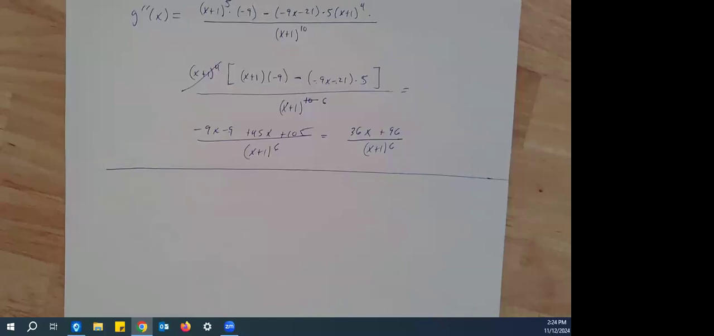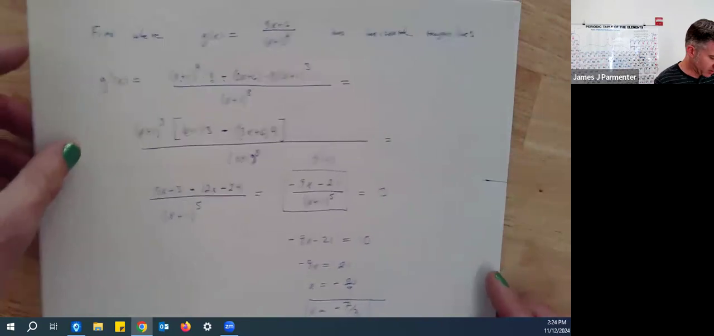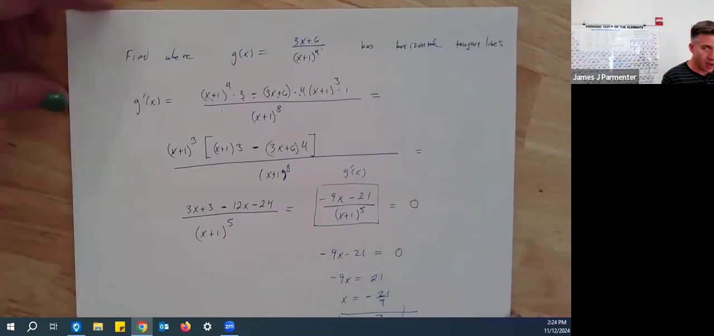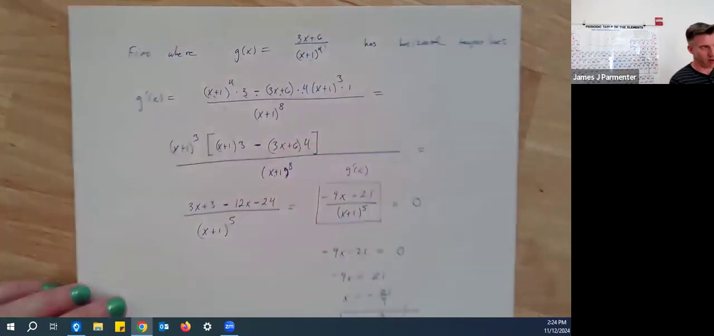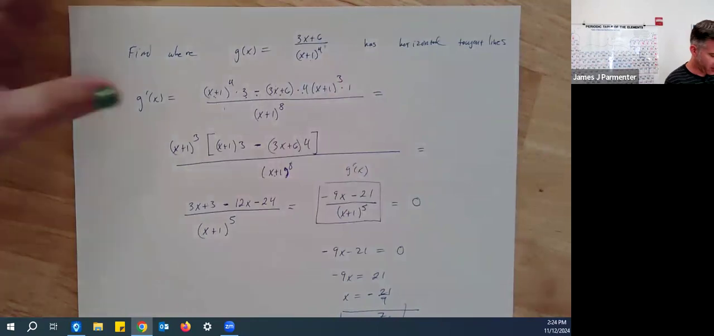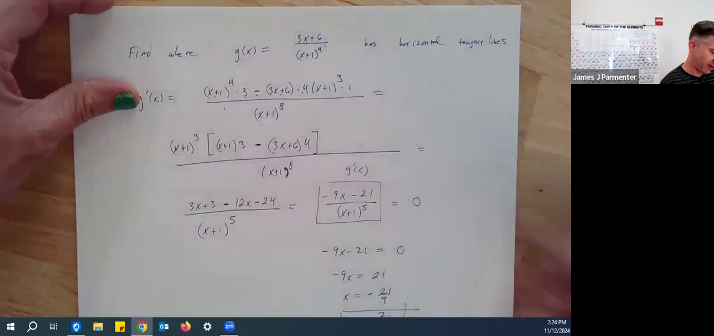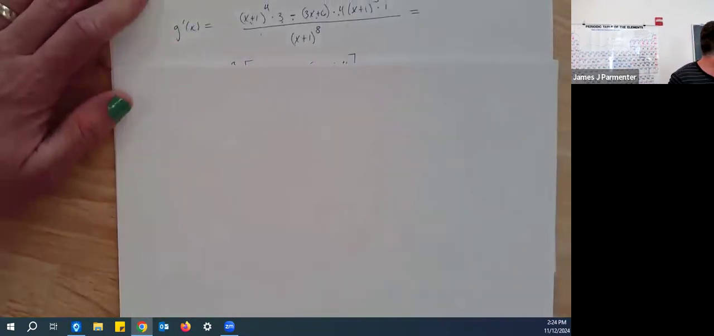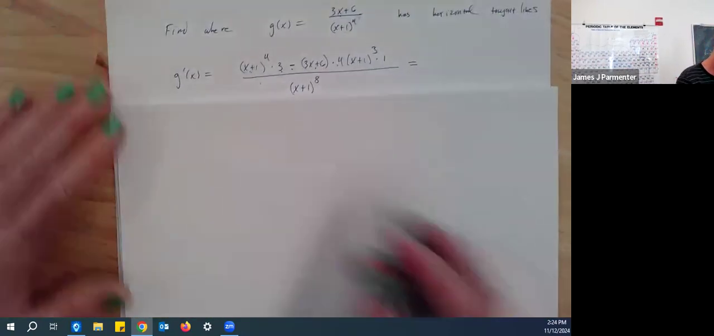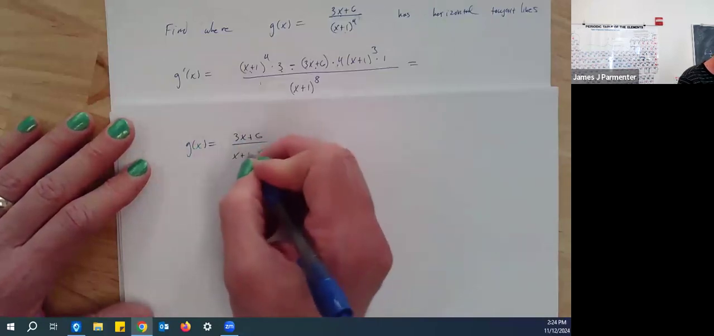Yeah. So if you look back at the original function, which was 3x plus 6 over x plus 1 to the 4th, if we were to start graphing this, we might as well graph it. We've done all the important things. So here's a preview of what's coming up in chapter 4, graphing some terrible stuff. So if I look at g of x equal to 3x plus 6 over x plus 1 to the 4th,